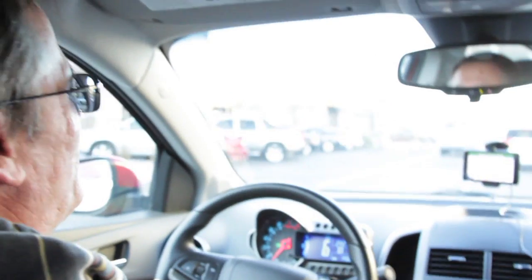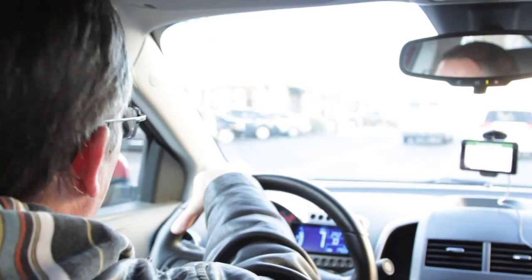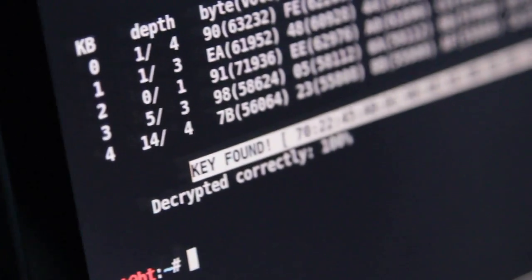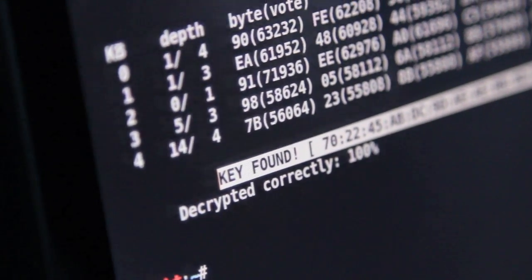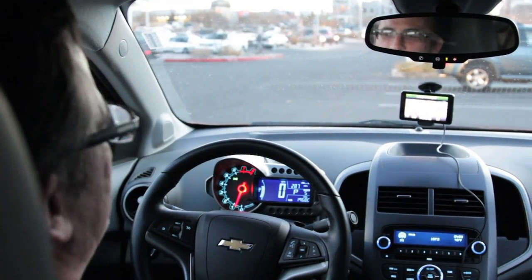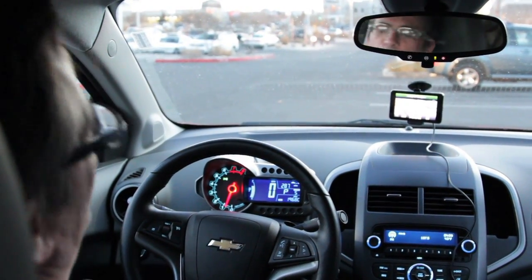So we don't want to break the law. We might go in and crack a WEP key, but we won't do anything with it. All we're going to do is run the process. If it says key found, we're automatically going to shut down. We won't actually show the key; we'll redact the key. We're just going through the process to show you that when you wardrive, if you have WEP available,